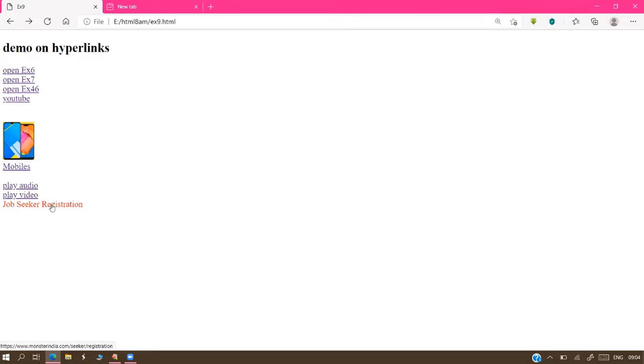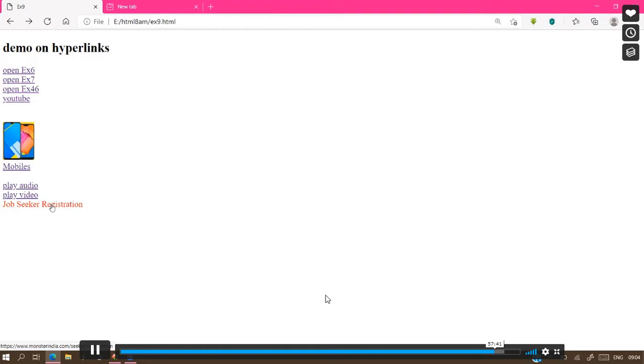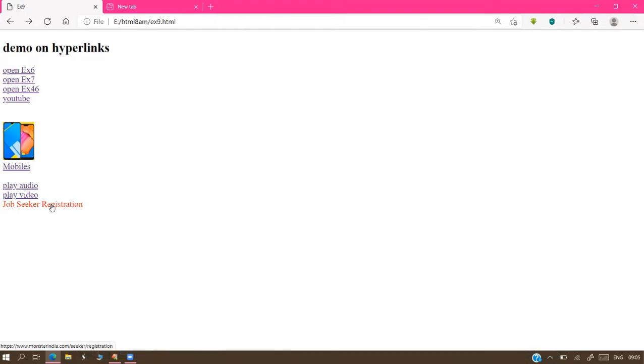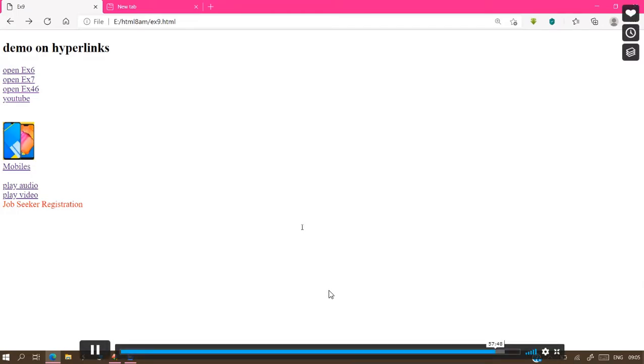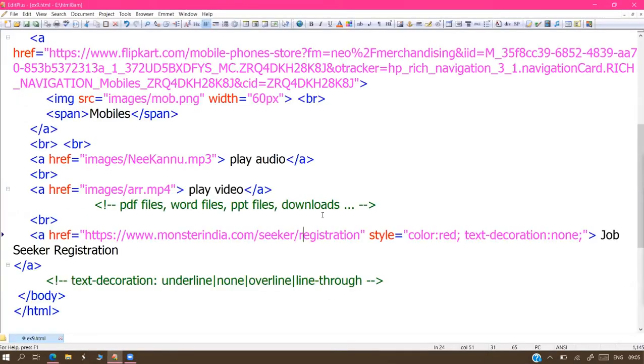This is the matter. We customized the hyperlink. You can change any style set. We can display in any format with the support of CSS. There is no problem. These are today's explanations. The remaining things we'll see in tomorrow's session.